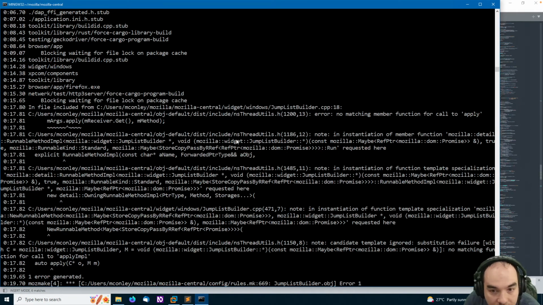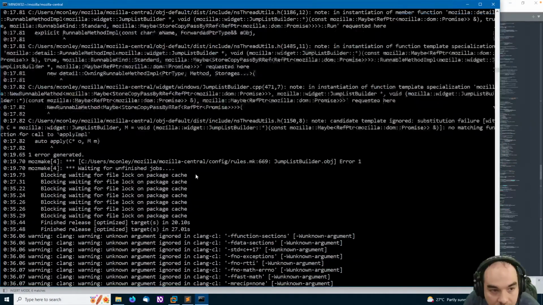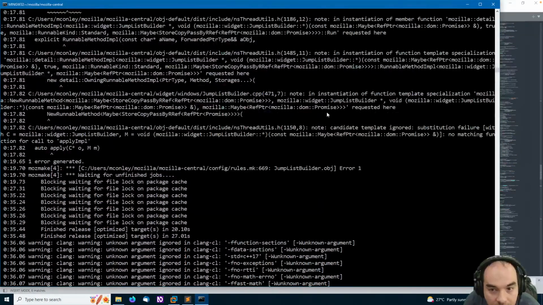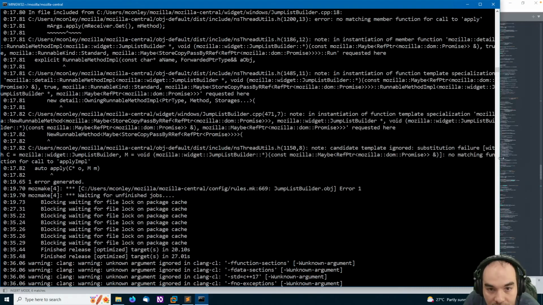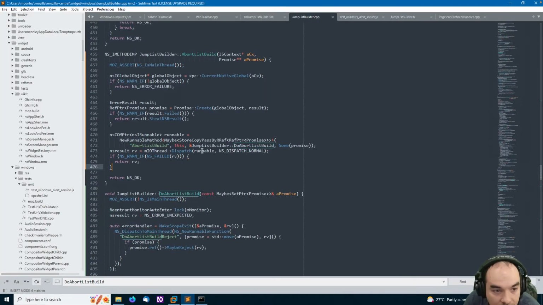Instantiation of runnable method, chunkless builder. Here in new runnable method, chunkless builder 471. Oh, pass by write reference.